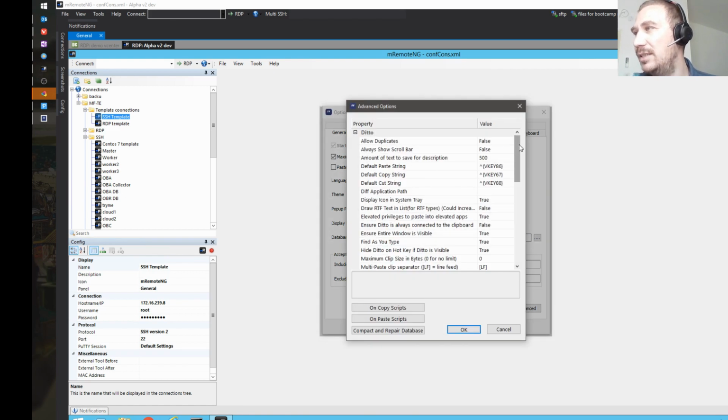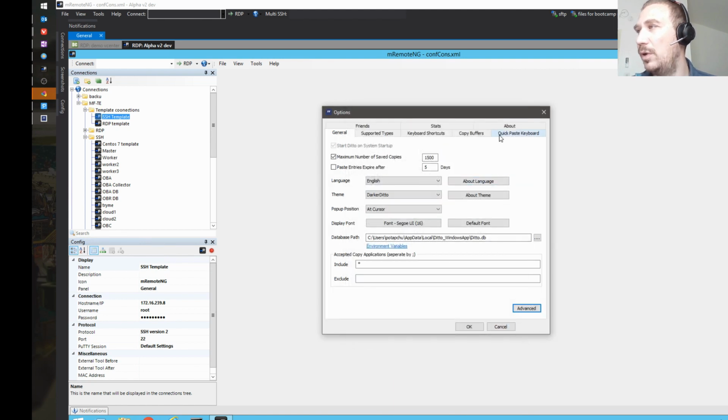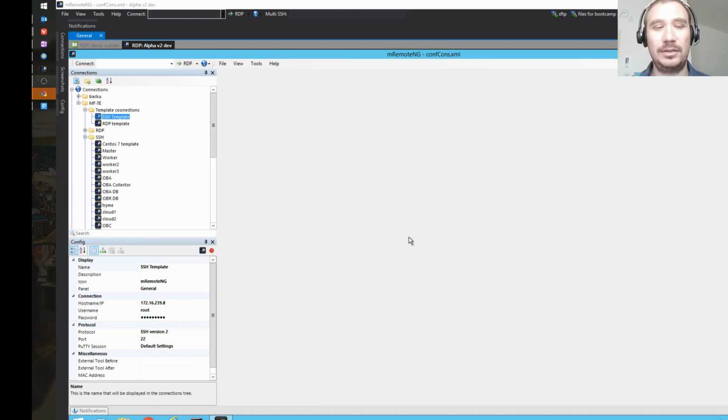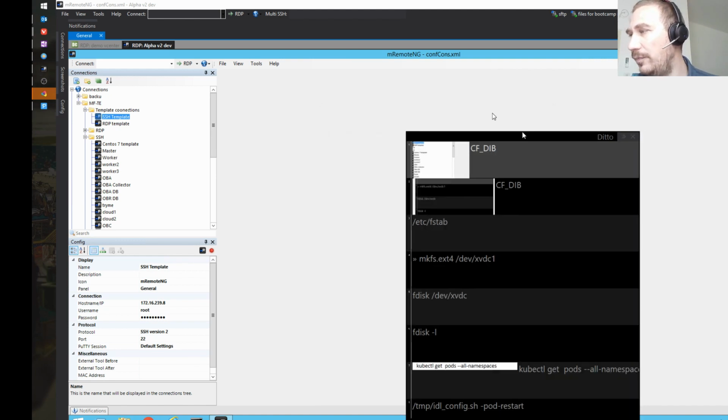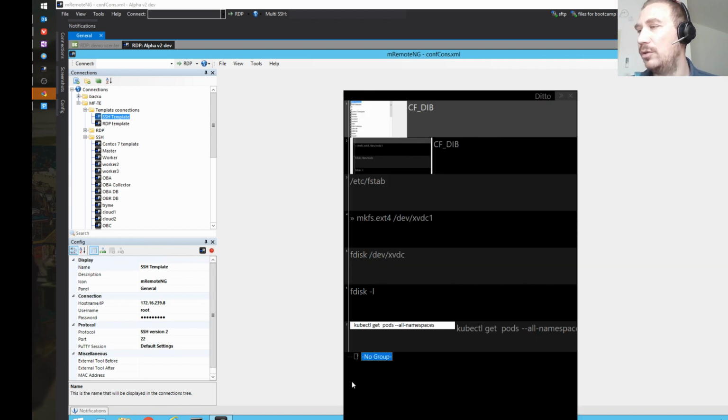Of course, in advanced, you don't change too many things, but it has the ability to provide you with more details, right? And of course, stats and everything, you don't really care. Database size, half a gigabyte, pretty normal. Okay, so let's open Ditto and see what else. So you can minimize it, and you can also use search if you really want to,